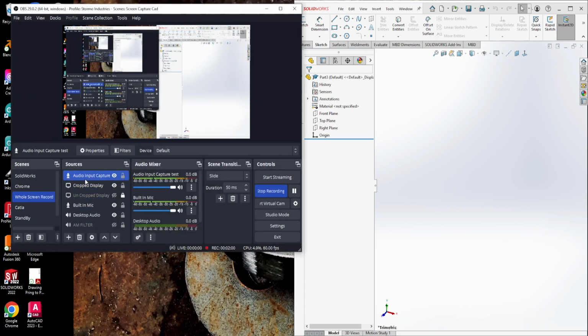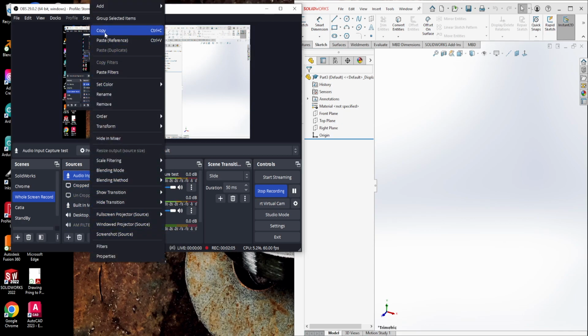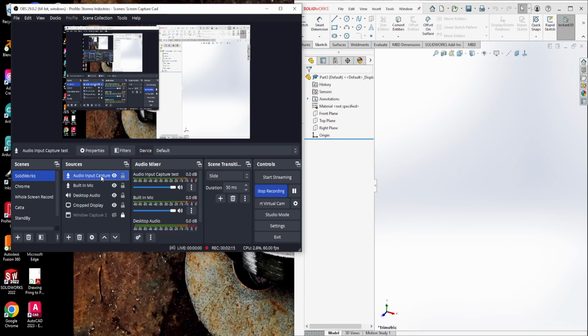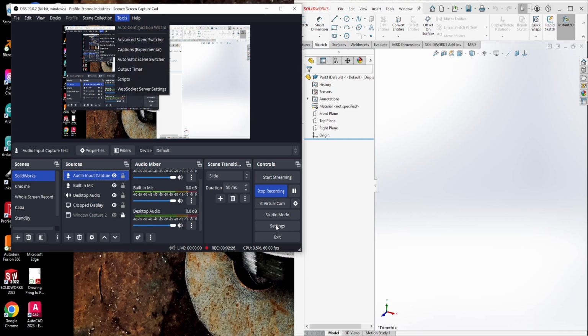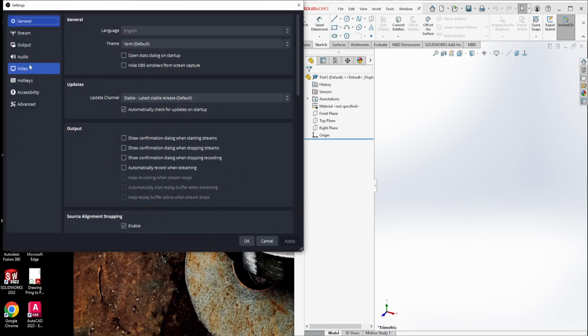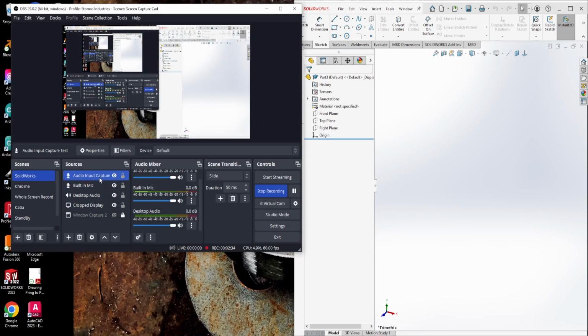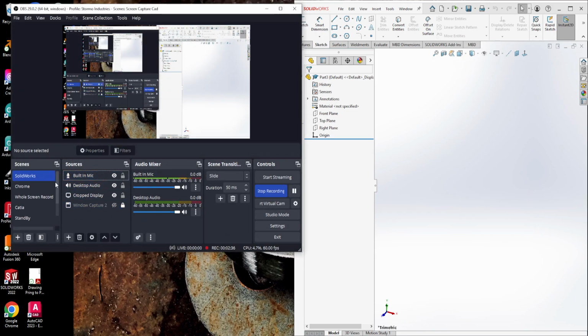But by separating it out and doing it in your sources, then what you would need to do is hit copy, and then in all of your scenes that you want that audio to be able to be used, paste reference. And then after you have copied your microphone and desktop audio and AM style filters, you would want to go into your settings, delete or disable your global audio,